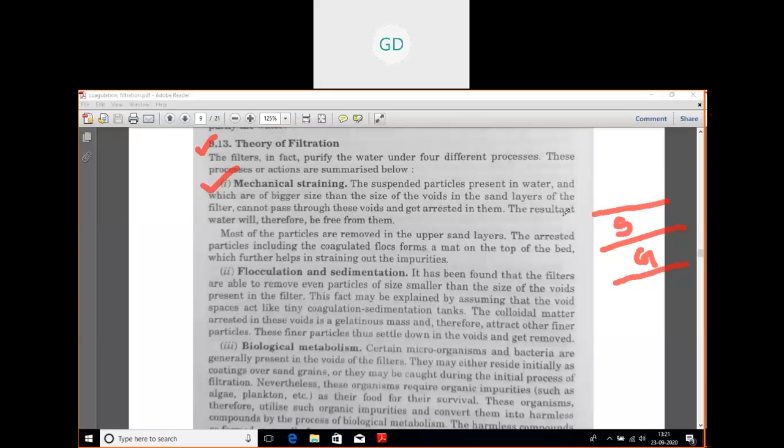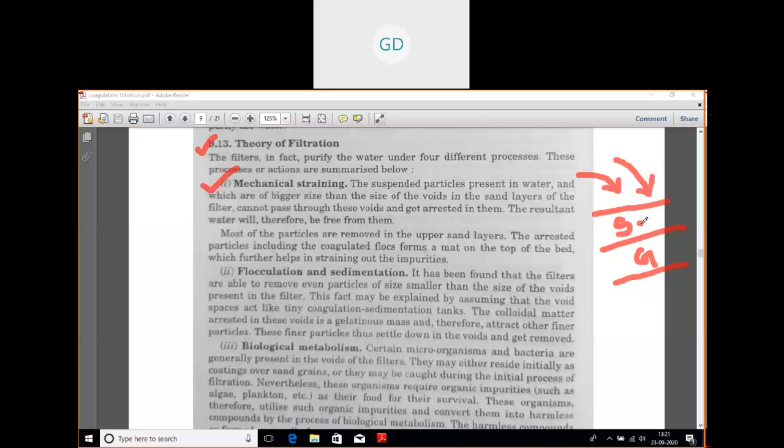So the water which is going through the filter unit, like the sand or gravel, contains impurities, and if the size of the suspended particles present in the water is bigger than the size of the voids,